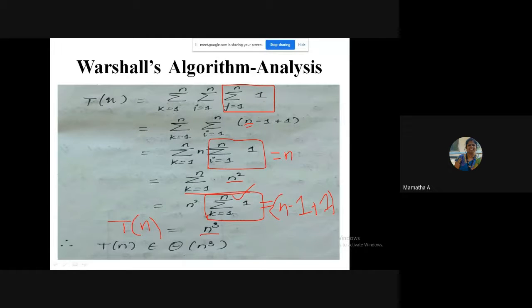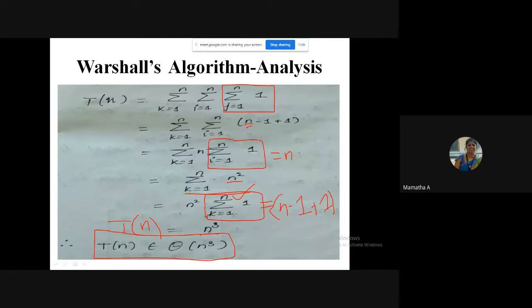Are you understanding? Right? So therefore, I can just tell T of n belongs to the order of growth so called as cubic. So in your exams, they will ask you either the problem or the algorithm with this analysis, or as a huge question, they might ask you algorithm, analysis, and the problem based on the marks. So you should know all the things. It's easy. So nothing difficult there. Okay. That's about the Warshall's algorithm.